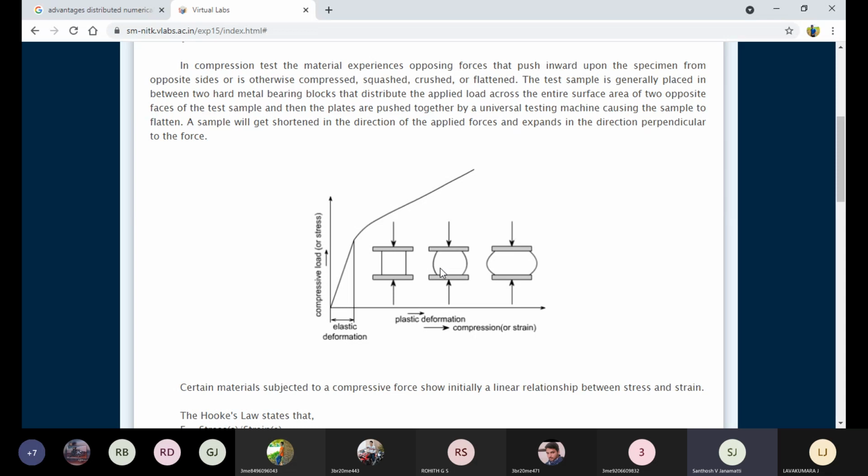This is the initial stage. Later, this is the final stage of the material, the maximum that the material will be able to deform. Thereafter, cracks originate at the boundary, sometimes at the boundary or in the middle. There will be cracks, and thereafter the material will completely separate, so we can call it a fracture of the material.